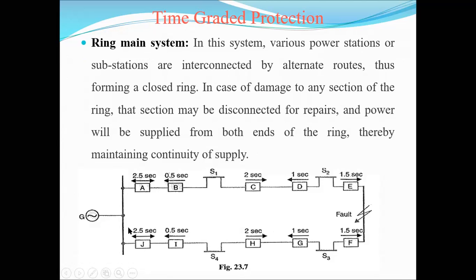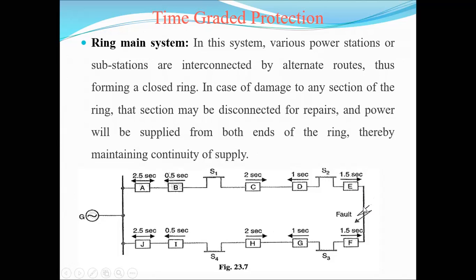After that, at the other end of that feeder line, the current will be flowing from J, I, S4, H, G, S3 and F. Okay, at that point, there is no passage of that current. There is no discontinuity of the supply for S4 and S1. Only the relay coil E may be operated. That's why only this feeder line is disconnected from the supply system.